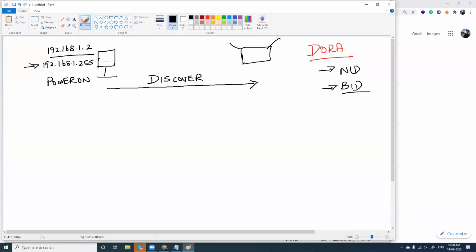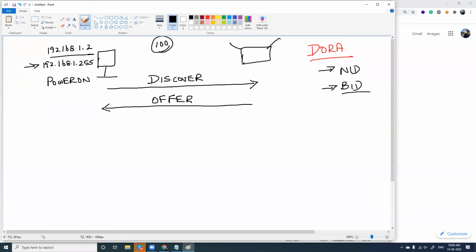So what does your computer do? Your computer needs to search the entire LAN. Your LAN has 100 computers, and your computer will send discover packets to all the devices. It will ask, where is the modem? Where is the modem? Fine. On seeing this, the modem understands this computer is searching for me, and this modem replies back, hey, what do you want? Why are you searching for me? And it is going to offer. It is offering, what do you want? Why are you shouting? Why are you broadcasting messages?